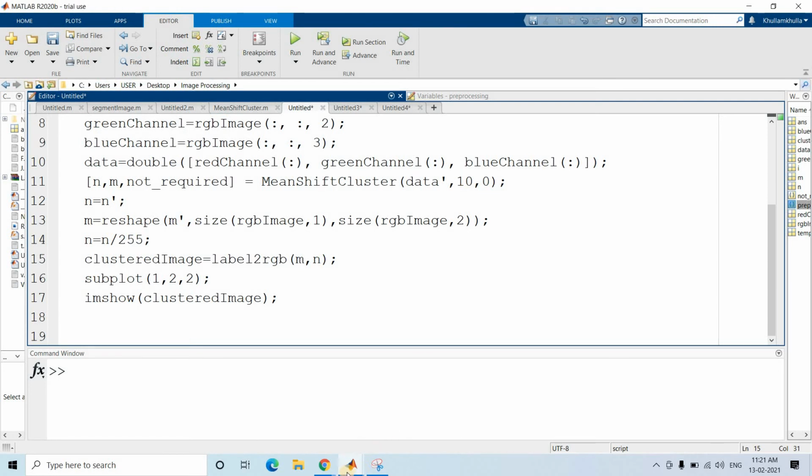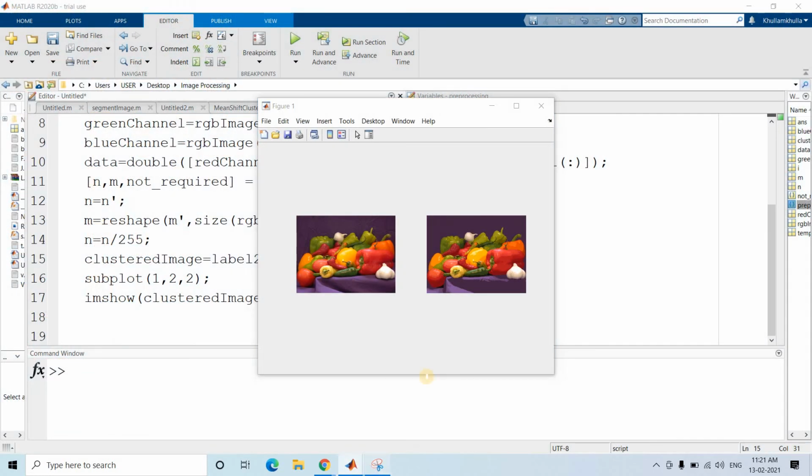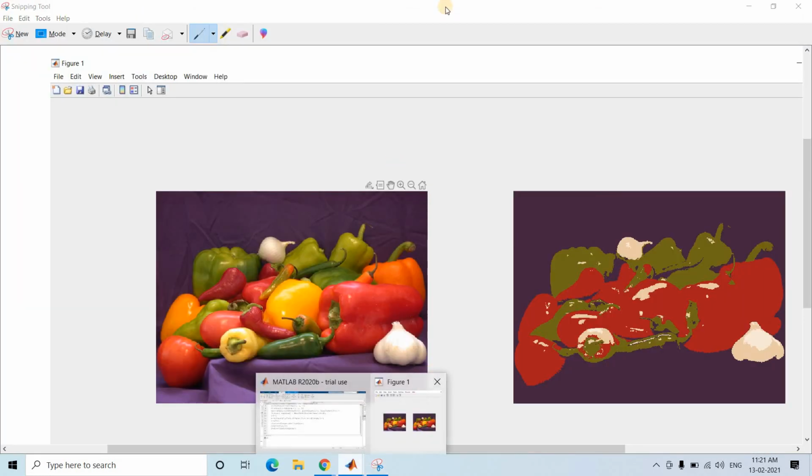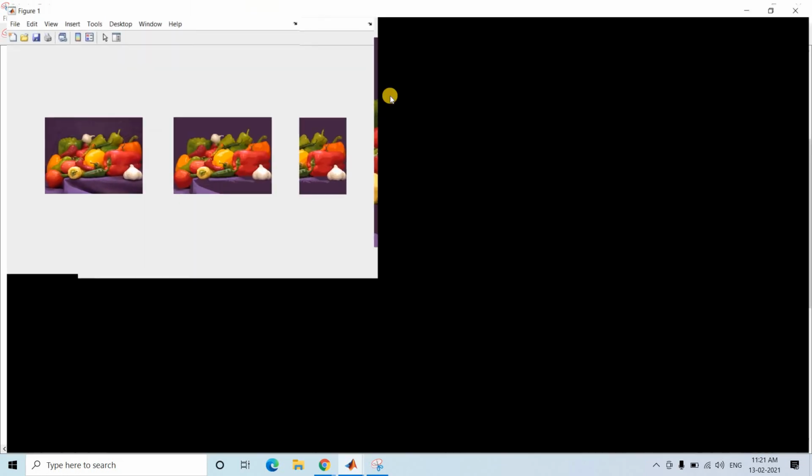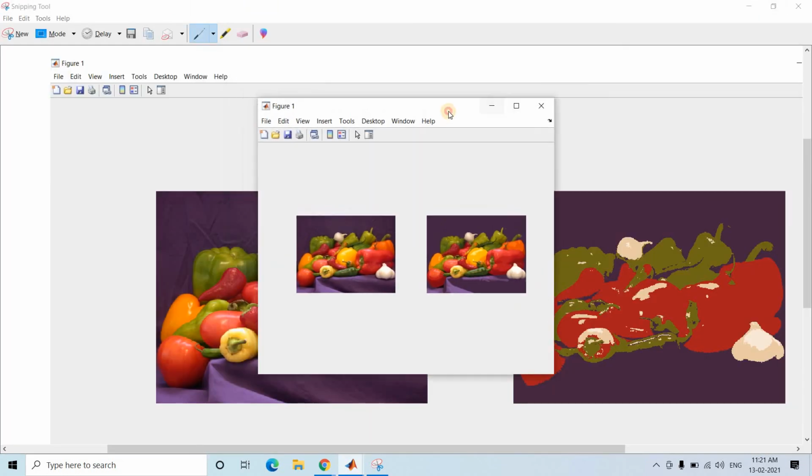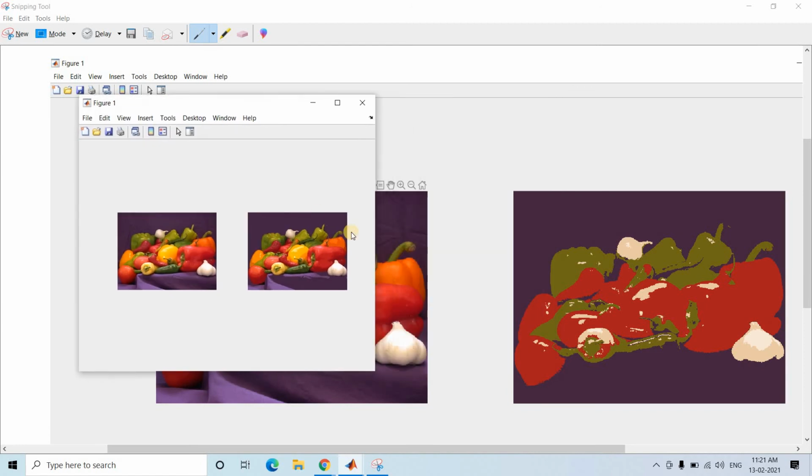Now we have lowered the radius, so more cluster has formed, and if you compare, see, now this time the segmented image has many different distinct pixels, we can say, right.